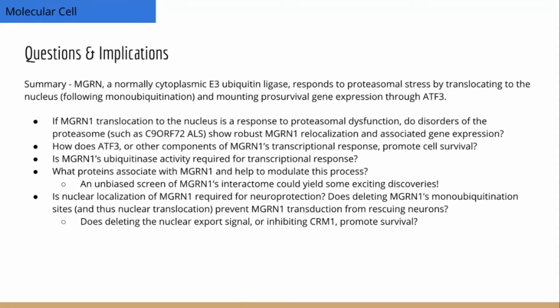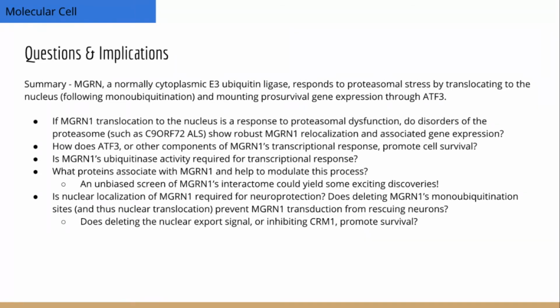So what has this research revealed, and what does it actually mean for the future of research? Remember that MGRN1 is an E3 ubiquitin ligase, and that previous research has identified it as being neuroprotective in various models of neurodegeneration. Additionally, remember that deletion of MGRN1 causes an age-dependent neurodegenerative phenotype. So we know that MGRN1 plays a critical role in the survival of neurons. We know that right off the bat. But many other genes also play a critical role in the survival of neurons.